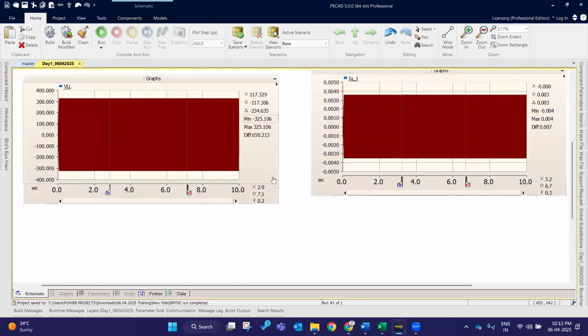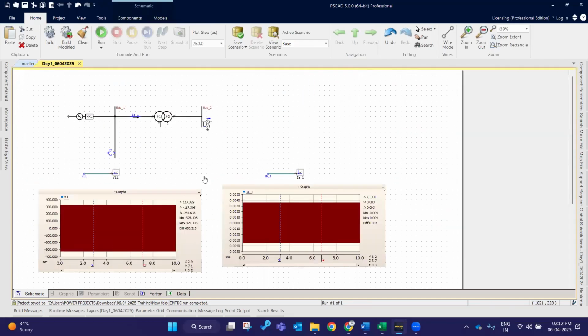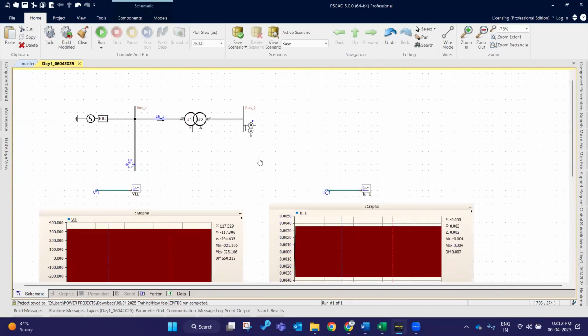See here, I have done some simulations. This is just for basic understanding only. After completing the source, we will go with the transformer, transmission line or cable, and load, and we can perform a simple SMIB-like system simulation. And what are the things to be observed, right? So now